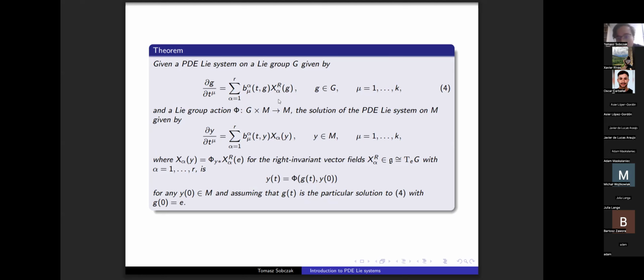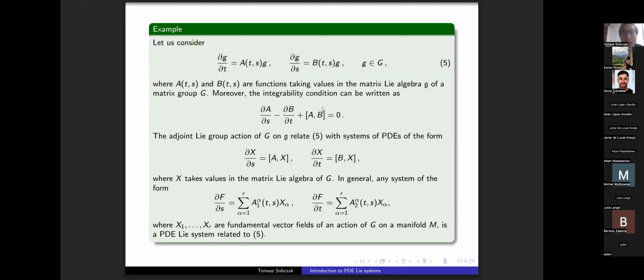So as an application of this theorem, we are going from the other side, meaning the application will be somewhere there in the middle. For now, let's just consider exactly what I said, meaning the PDE Lie system on the Lie group of such a form. So we have that the element of G is a Lie group, that the partial differential with respect